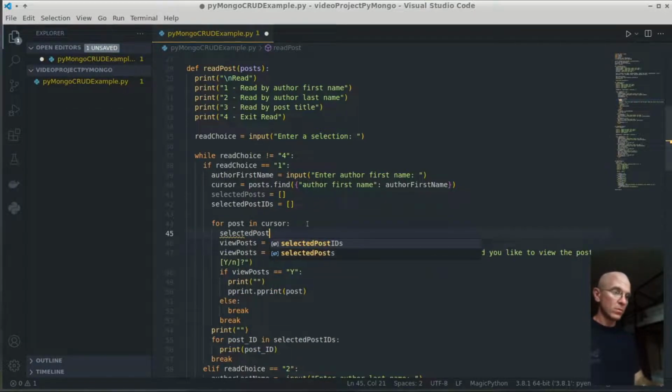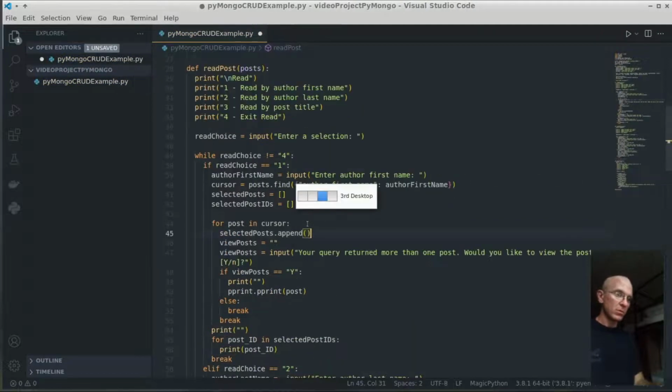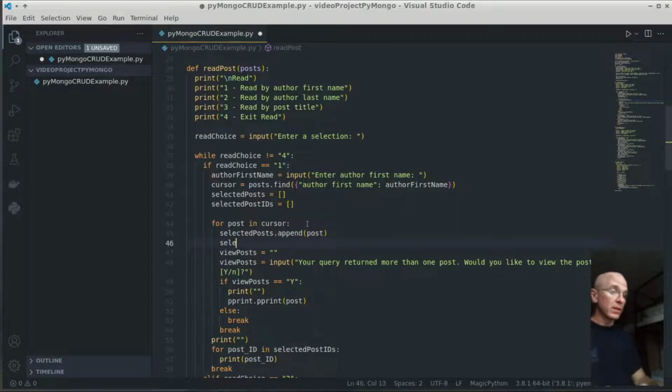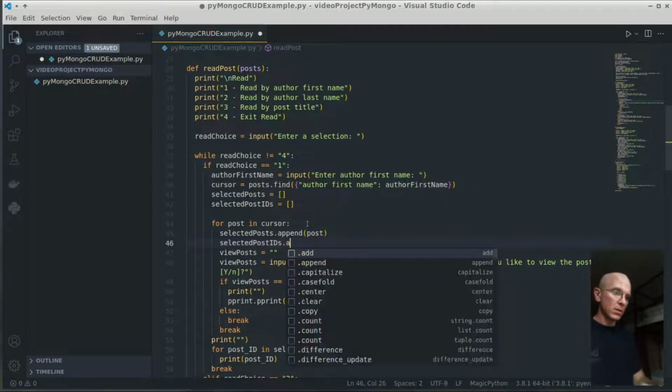What needs to happen is I need to append, I believe, the post. Yep. So I'm going to append the post to the list. Otherwise I just have an empty list and I'm just printing nothing. And selected post IDs